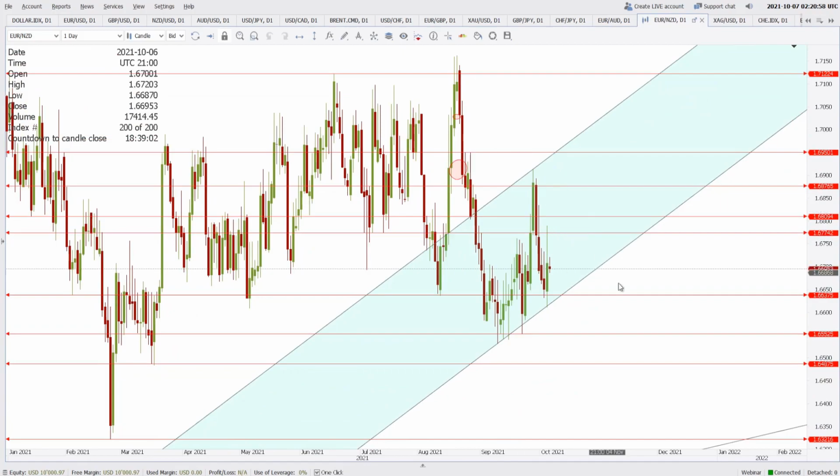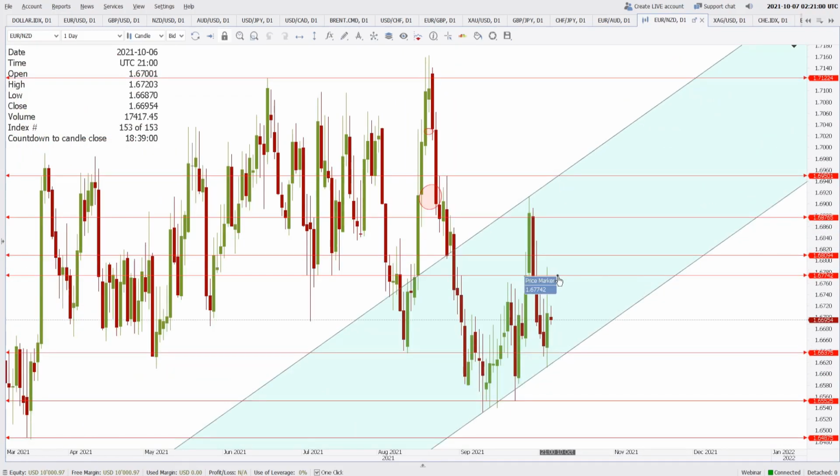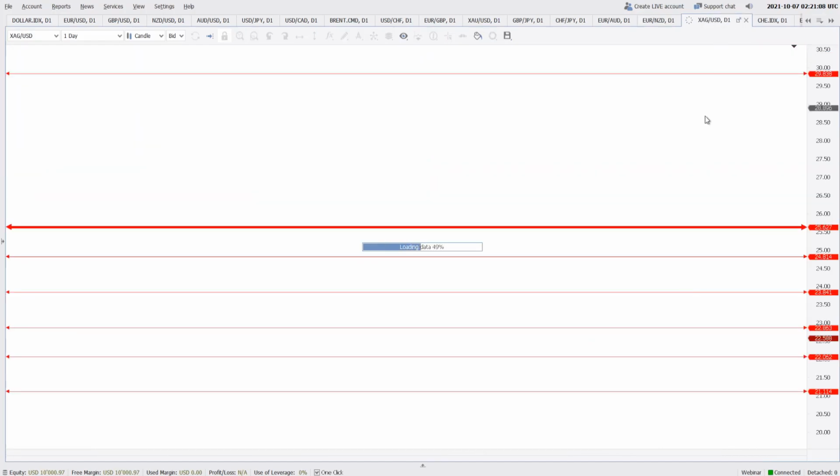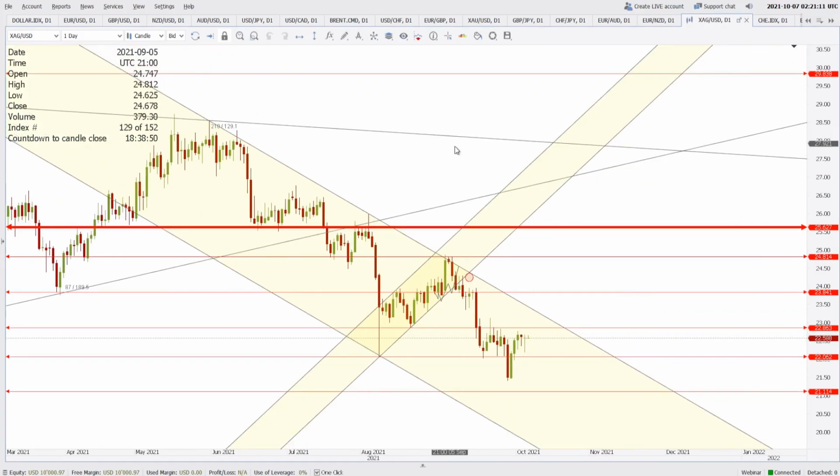Talking about Euro New Zealand, it is trading between the range of 1.6774 and 1.6637. Expect these levels to act as support and resistance whenever the price meets this area. Nothing much on the Euro New Zealand, and nothing much on the silver also, actually, because 22.86 is the resistance